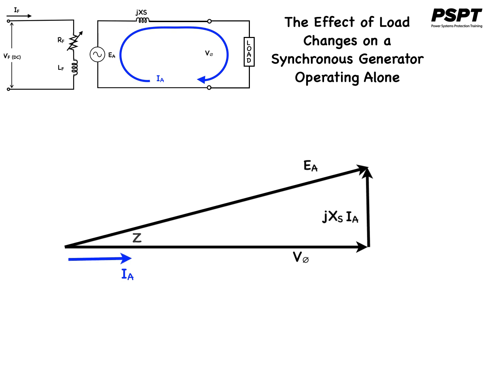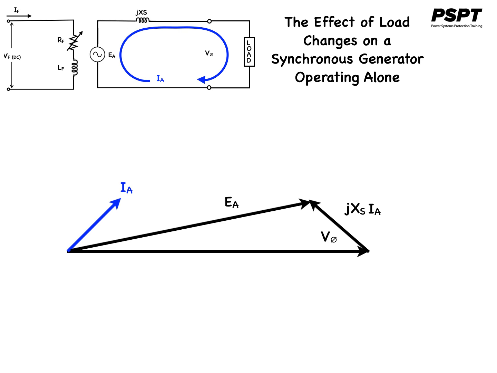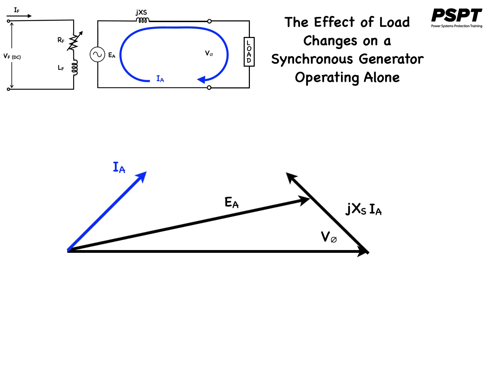Now suppose the generator is loaded with leading power factor loads, capacitive type loads. What happens if the new loads are added at the same power factor? If the generator is loaded with leading power factor loads, new loads are added at the same power factor. This time,